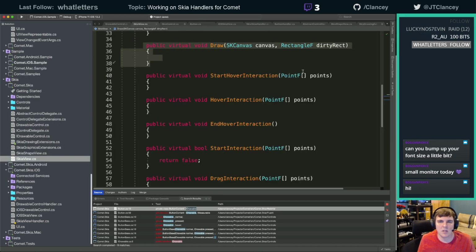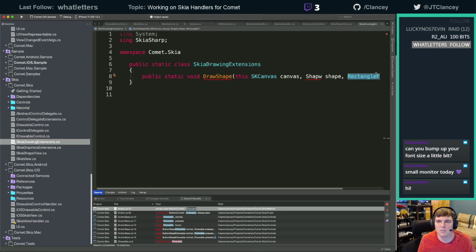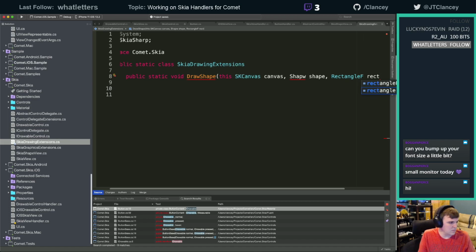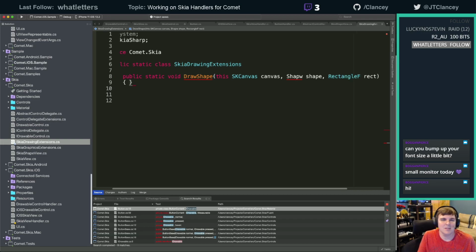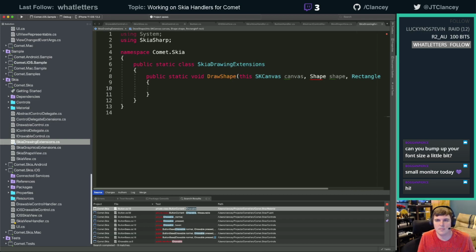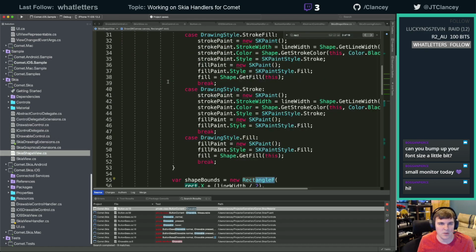Those do rectangle left, right? He likes it as the canvas went, the way I actually went, luckily. Yay. All right, so this will be awesome. So now we can take this Skia shape view code